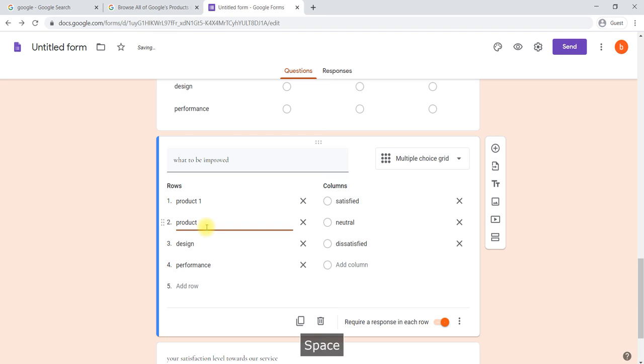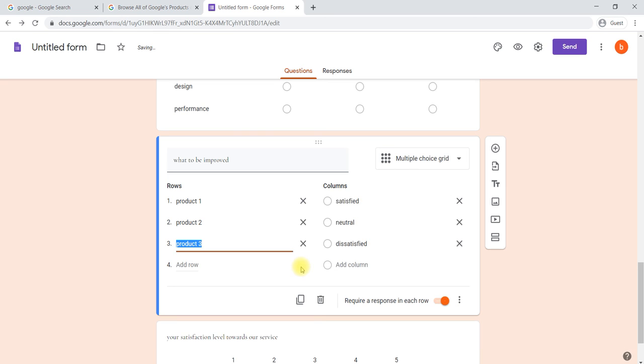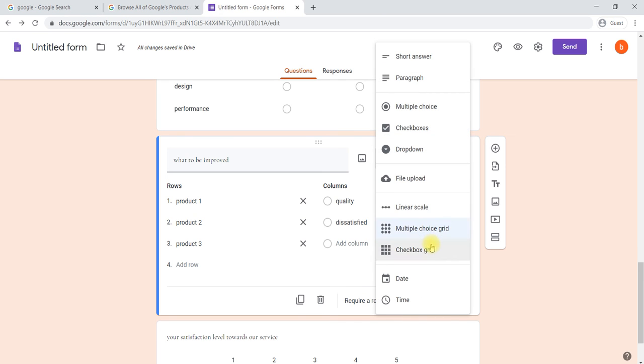For indication purposes, I'm giving just product 1, product 2, product 3. Three products are there. We'll delete this one, and here in the column we are asking about quality, and it is not a multiple choice grid, it is a checkbox.